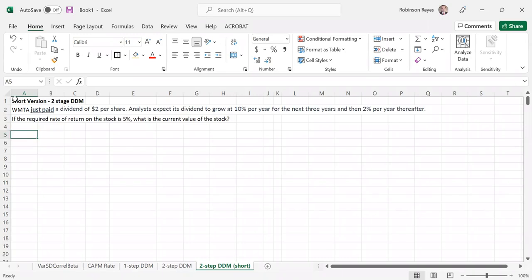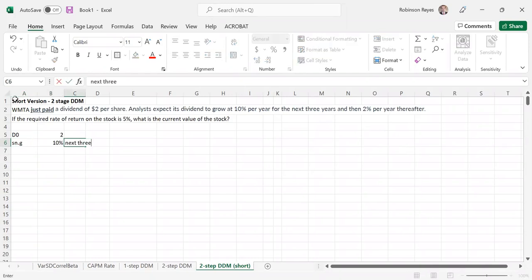So let's, as we did before, type all of the variables we're given. D0, this company just paid a dividend of $2, so D0 is $2. Whenever we're talking about time 0, that means today. The dividend that happened today was 2. And now we have the growth rate, and this growth rate is 10% for the next 3 years. So this is a super normal growth rate, and I'm going to call it super normal SN.G, and that is 10%